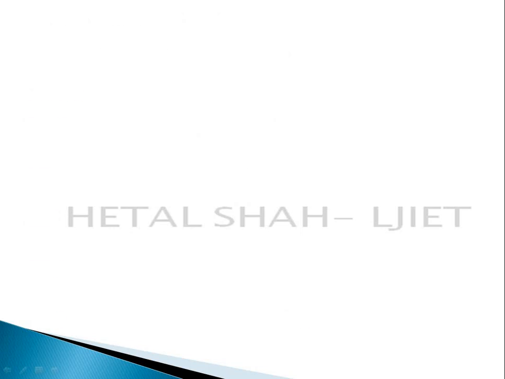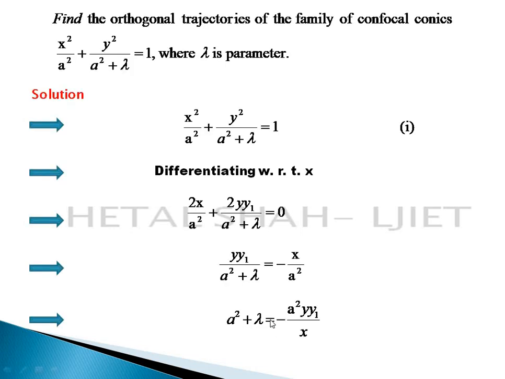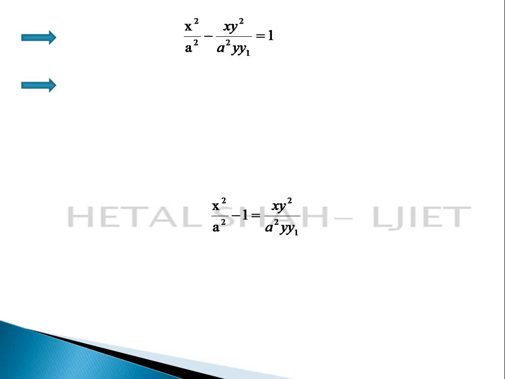So substitute the value of a square plus lambda from this equation into the given equation 1. The value of a square plus lambda is minus a square y1 upon x. So we can write here minus xy square upon a square y1, right? Now